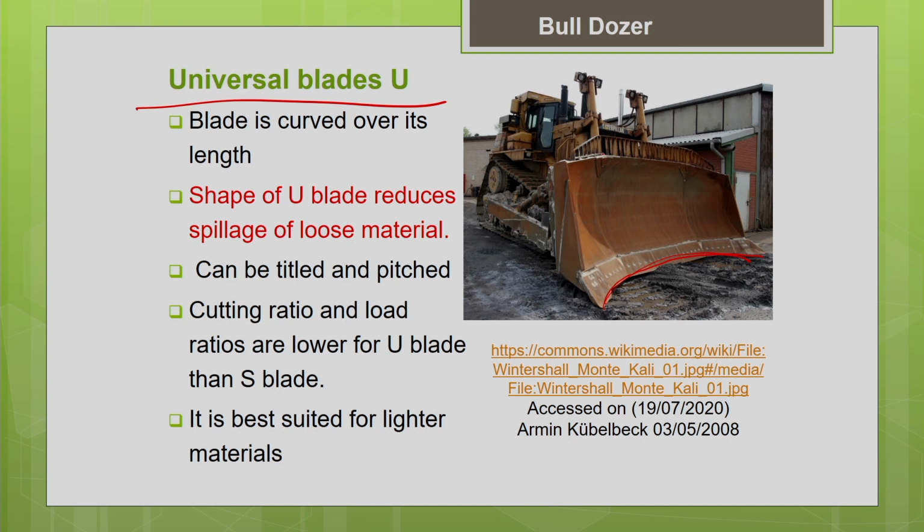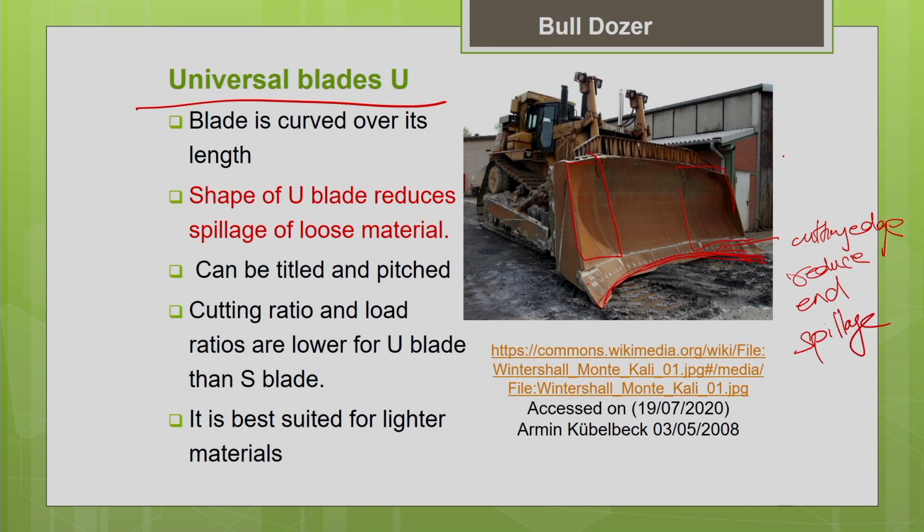You can see wings are attached on both the ends. They call these the left wing and right wing. It increases the dimension of the blade. These are bigger blades. You can see the cutting edge at the bottom, and you can see the U curvature. Because of this U curvature, I can contain the material within the blade and reduce the end spillage. That is the main advantage of this blade. End spillage can be reduced at both the ends.